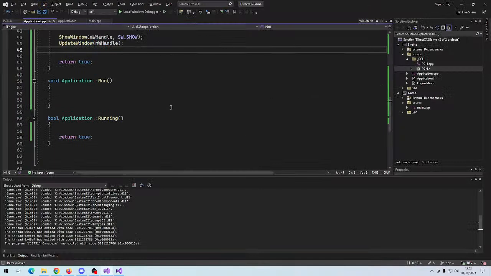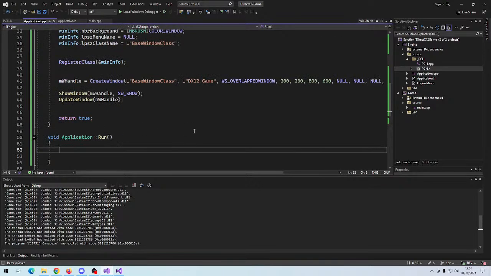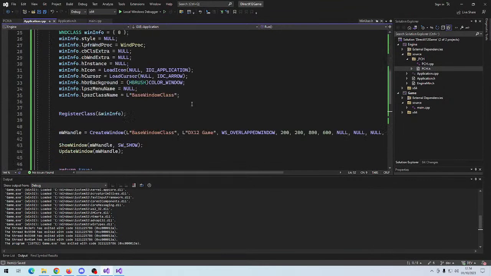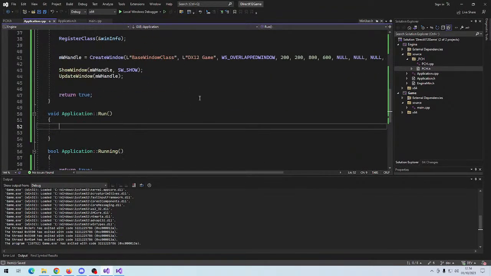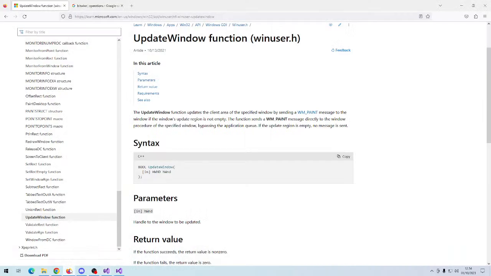All right. So the run function has to process the messages of the window. That's just how the API works. Eventually, it has to also call the update function of our application. But for now, we start out by running